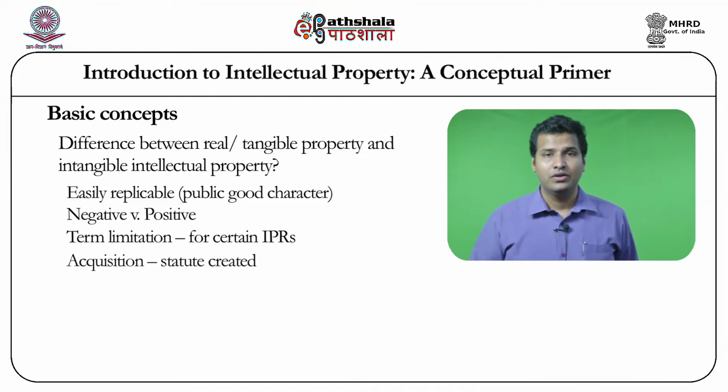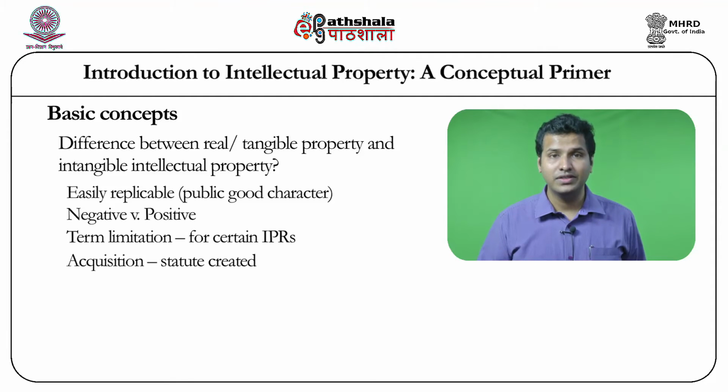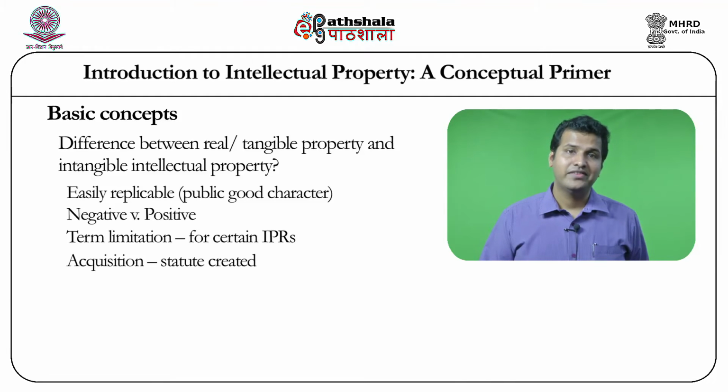The acquisition of intellectual property is specifically created by the statute. So there are acquisition procedures involving trademarks, geographical indications, patents, industrial designs, and all other forms of intellectual property except copyright, where registration may not be required. The reason is copyright has this principle of automatic protection, which means registration only becomes voluntary and not mandatory. Similarly, trade secret protection, if it is provided through common law or even through certain statute, may not require specific registration.